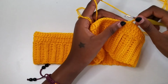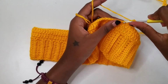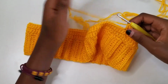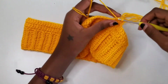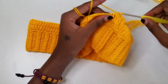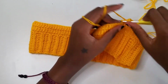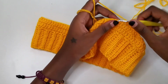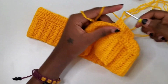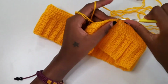So chain up 3 and then start on that first stitch from the chain 3, and then do 10 double crochets. So 1, counting the chain 3. Okay, so 1, 2, 3, 4, 5, 6, 7, 8, 9, and 10. So those are 10 double crochets, and then on the 11th one you're going to make 2 double